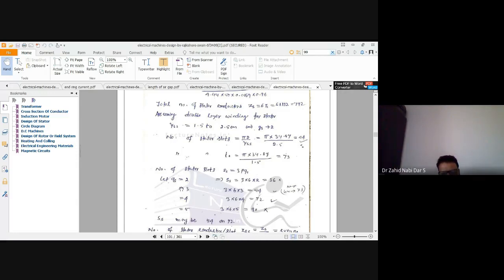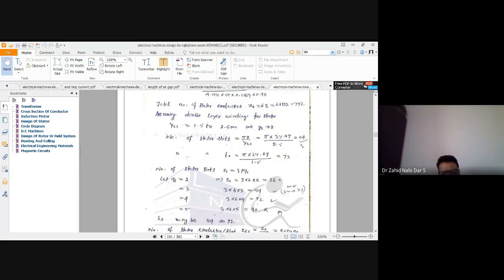Now another value we are putting is 3, we are getting 54. This 54 is lying between 44 and 73. For the time being, this value can be considered. Now another value we are taking is 4, it is 72. These 54 and 72 are both valid candidates. Another value 5 we are keeping, it's coming 90, which is more than this.